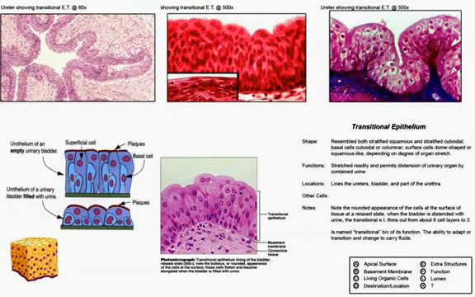The last stratified type of tissue we see is within the urinary structures, the urinary bladder, the urethra, and the ureter that leads into that bladder. You can see that when that bladder is empty, you're going to have a folding that occurs in the inner lining, and as the bladder is filled through the ureter and the filtrate accumulates, you're going to see a transition from these cuboidal cells in an empty bladder to a stretching or a distended wall, and that transition would be to a more